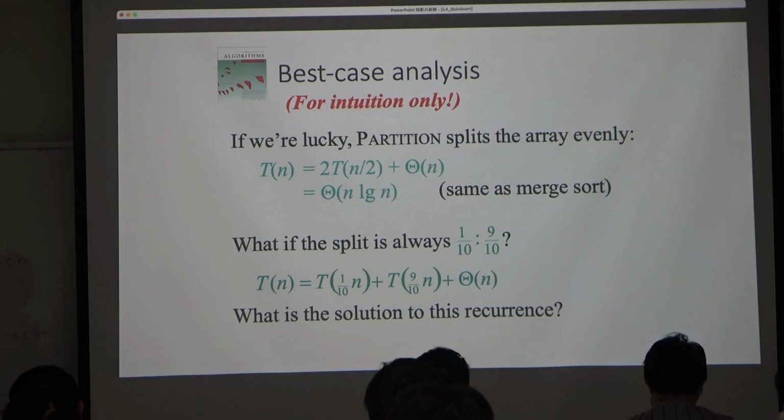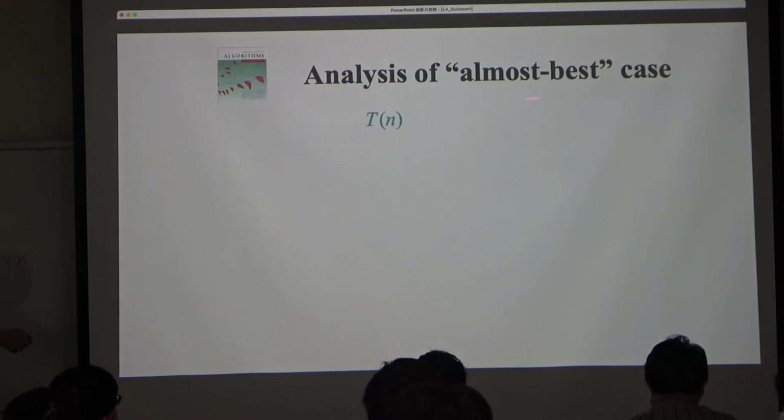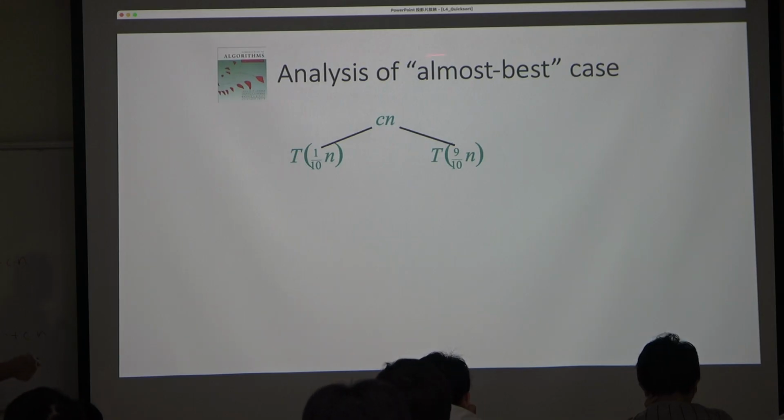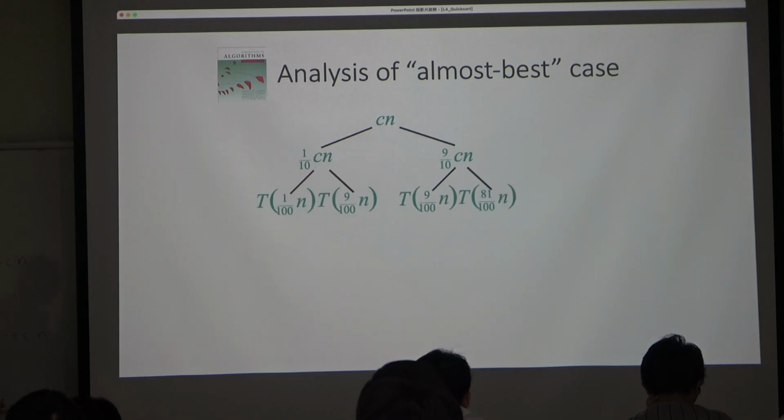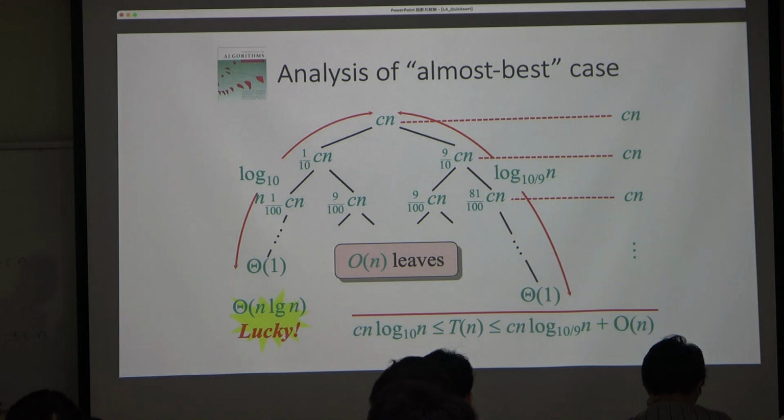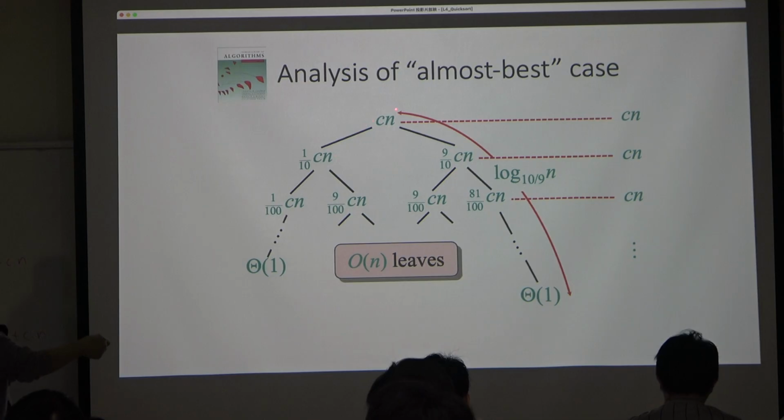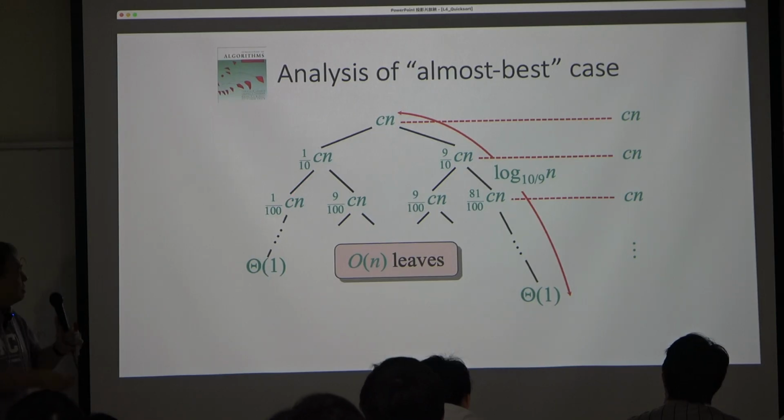However, we could still use the recursion tree to get an intuition for how bad it is. So let's try to use the recursion tree to take a look at this almost fast, or you can say pretty bad, case, because every partition is 1 to 9. I mean, it's not that good, it's not that bad either. So it's going to be like this. In the first division, and then we can keep doing that, and keep doing that. So obviously, this branch will be much shallower. 这个 branch 会比较短，对不对？